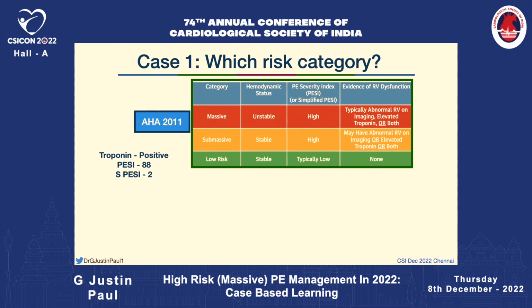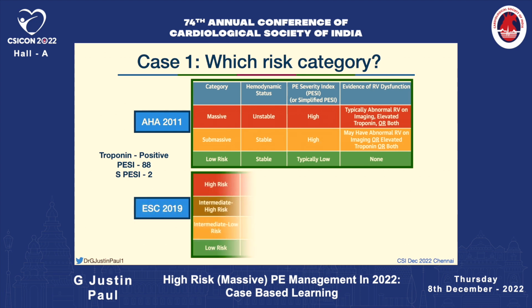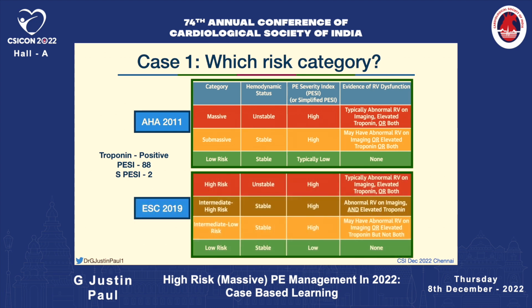So which category does this belong to? According to the American Heart Association category, it is a massive pulmonary embolism, and according to the European Society of Cardiology, it belongs to a high-risk pulmonary embolism. Now, this is the classification that we use. The original AHA used to classify as high-risk and